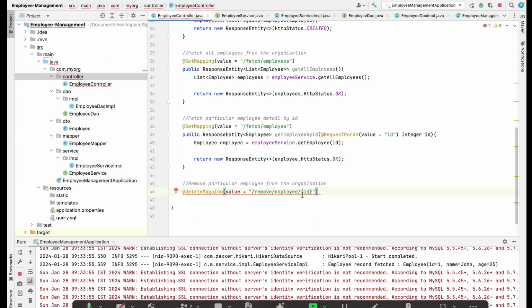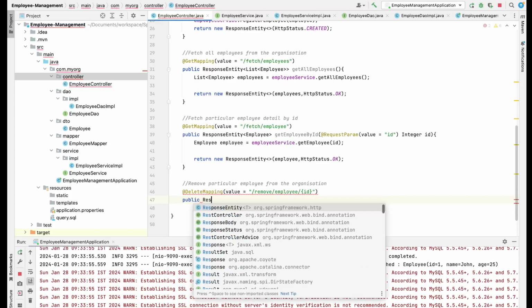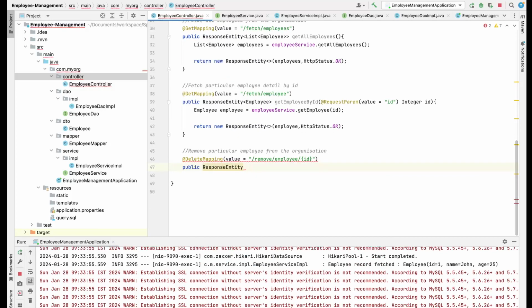So this is the API contract that we have to develop. So let's go ahead and try to write down this API. So public response entity. So we don't want to actually return anything. We just want to return the record. We just want to return the status if that employee was removed. So let's name this method as remove employee,